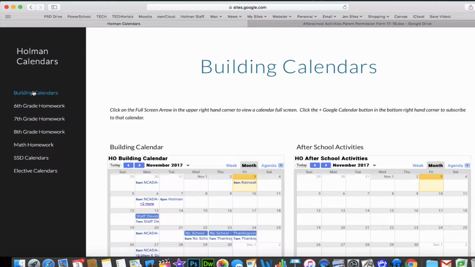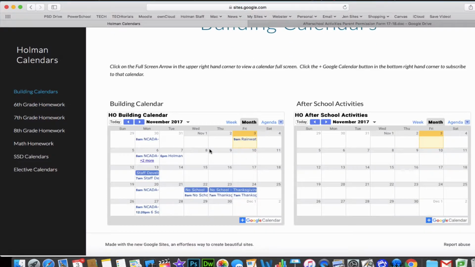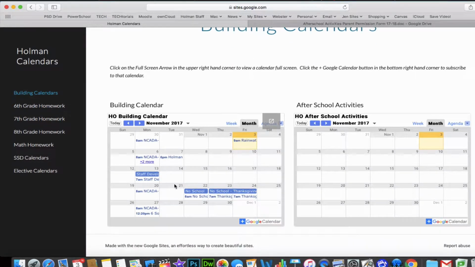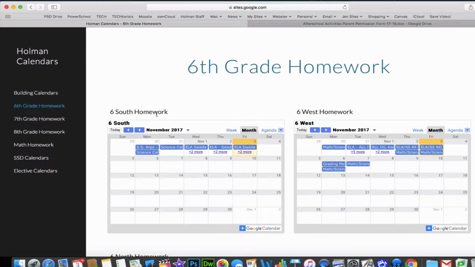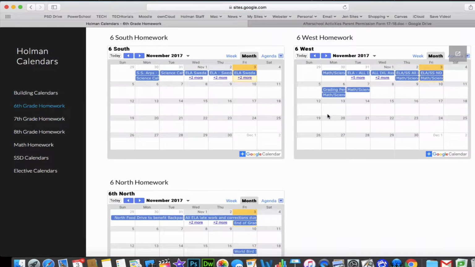So for example, the building calendars page has a spot for all the different events that take place at Holman in the building calendar, and there's also an after school activities calendar which is being created, should be coming soon. And then you also have calendars for all of your homework in a variety of different subjects. So if I clicked on 6th grade homework, for example, I can see homework for the different teams in 6th